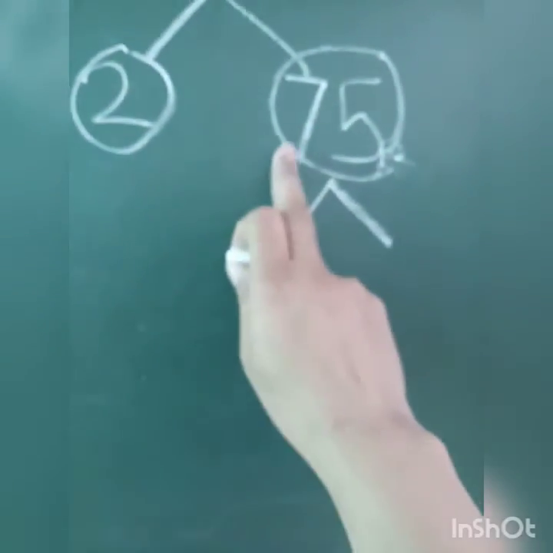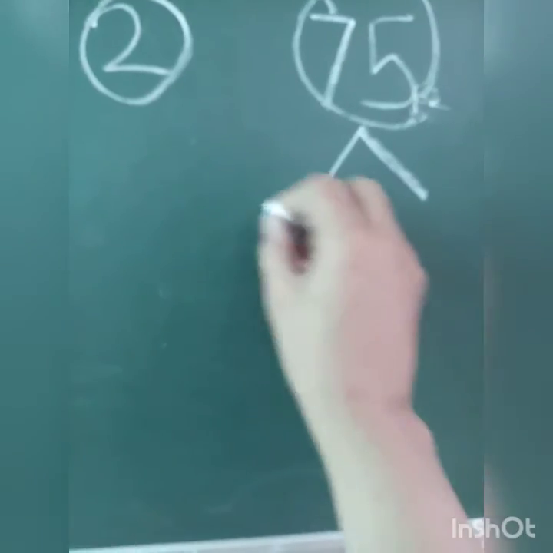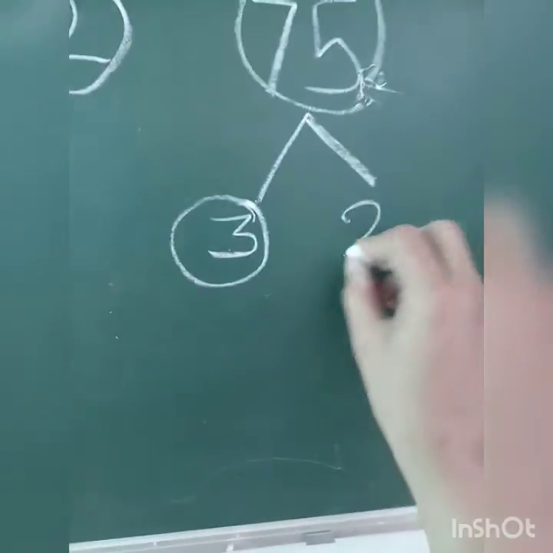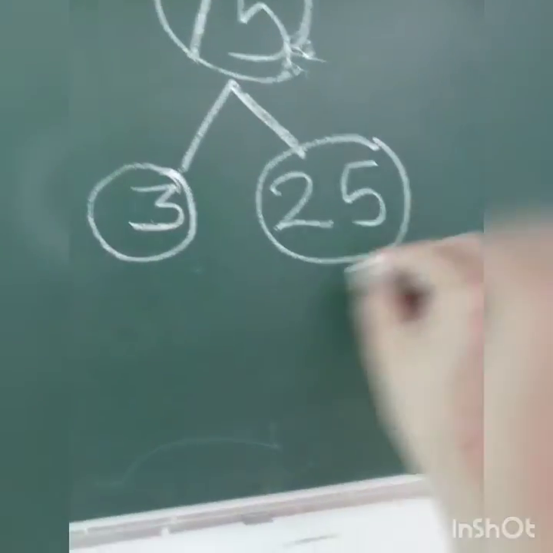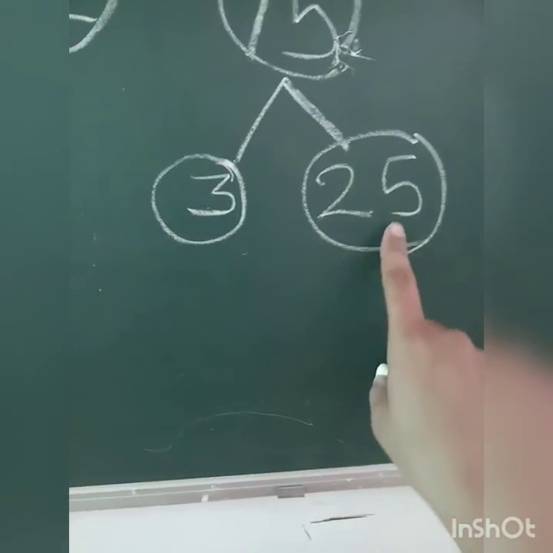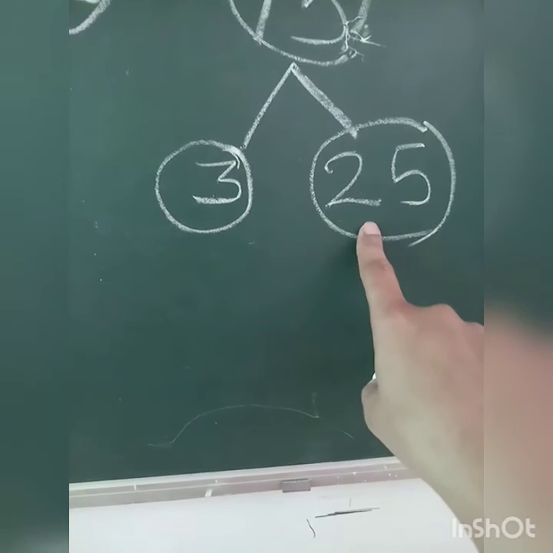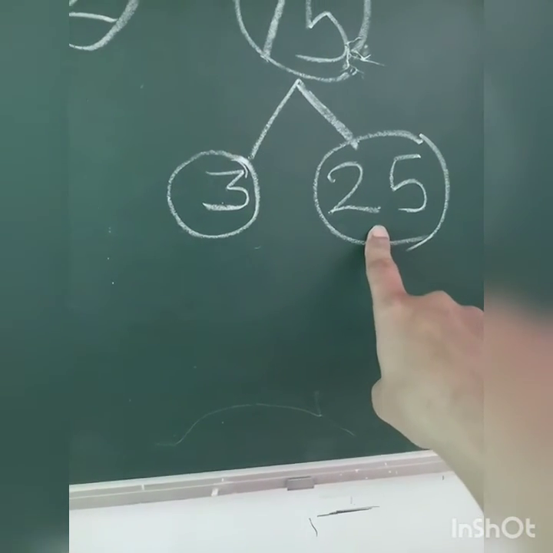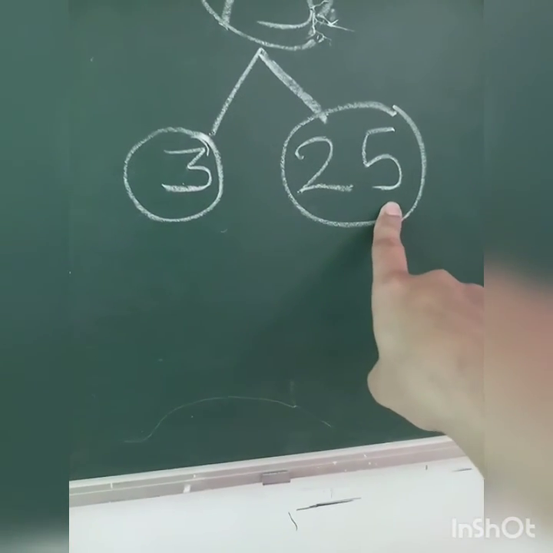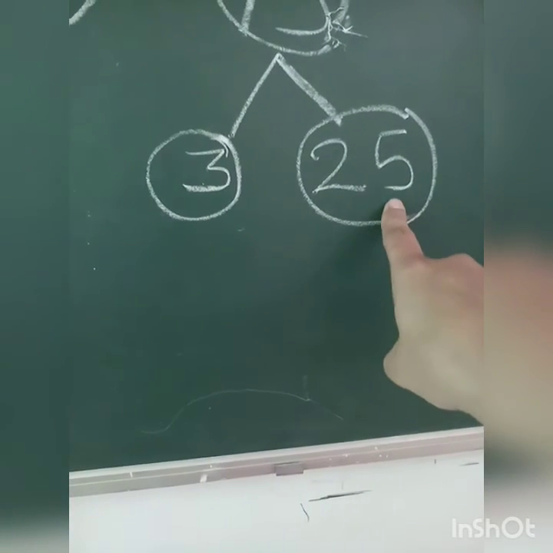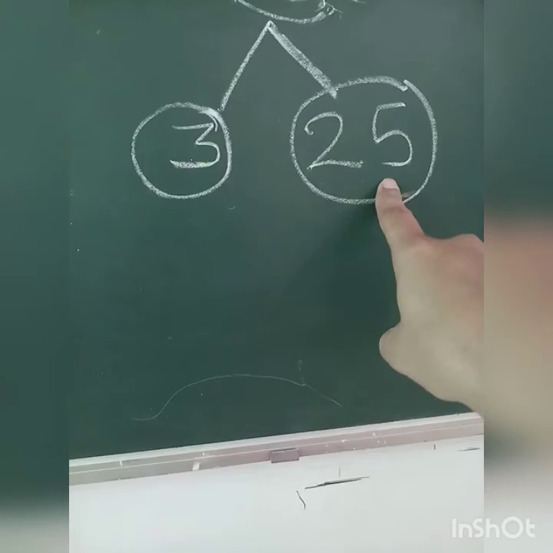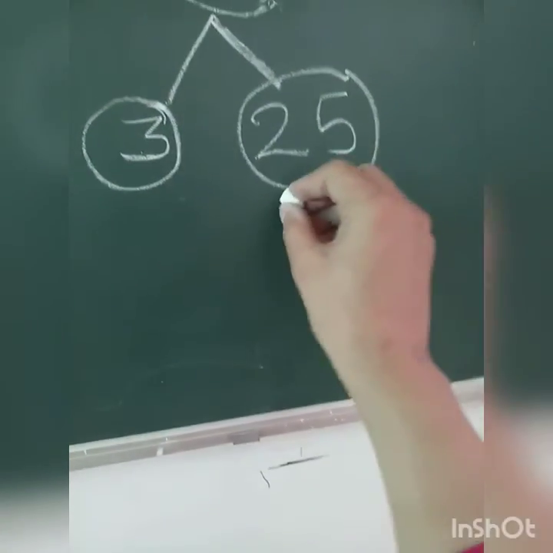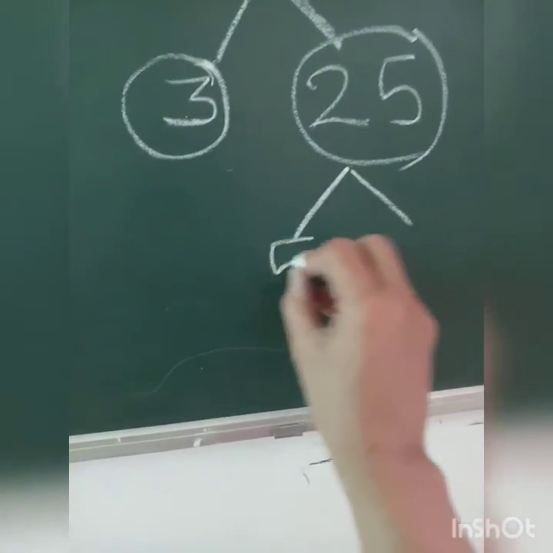Okay, so divide this 75 by 3. We will get the answer here. 3 2s are 6, 1, 3 5s are 15, 25. Right? Now 5 plus 2 is 7. 7 is not divisible by 3. 5 is an odd number at ones place, so not divisible by 2. That means here is given 5, so that number would be divisible by 5 completely. So let's divide by 5. So 5 5s are 25.